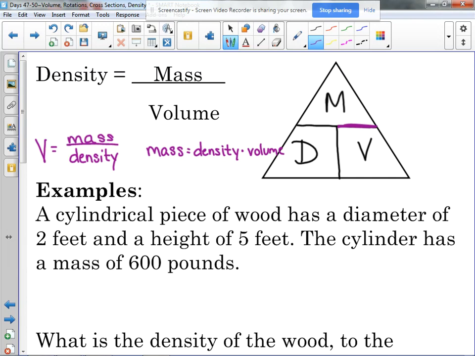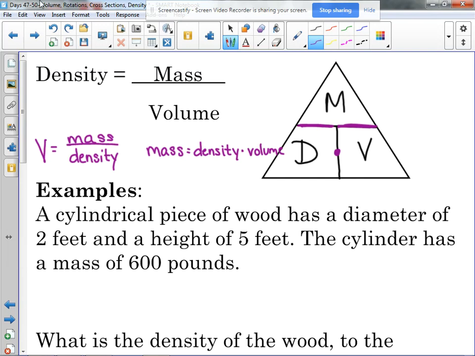When they're beside each other, you multiply. When they're on top of each other, you divide. So density is mass divided by volume. Volume is mass divided by density. Mass is density times volume. So let's use these relationships here and solve some problems. So the first example here says a cylindrical piece of wood has a diameter of 2